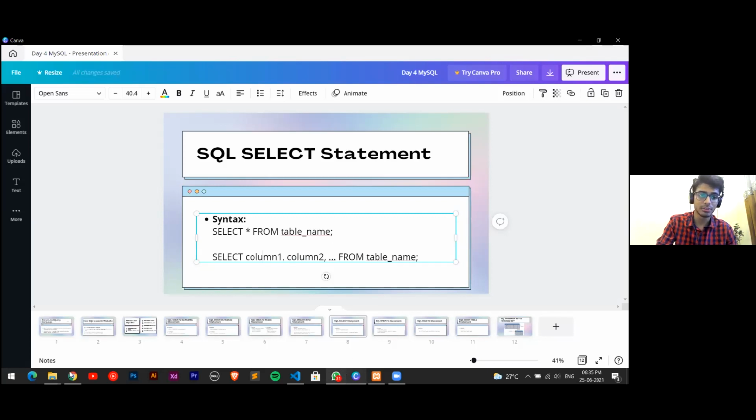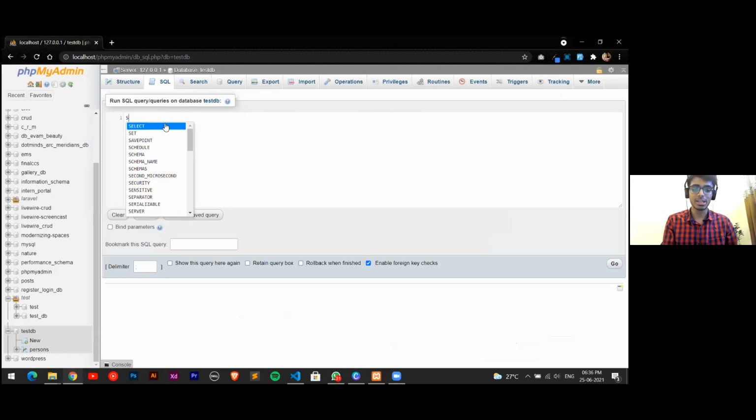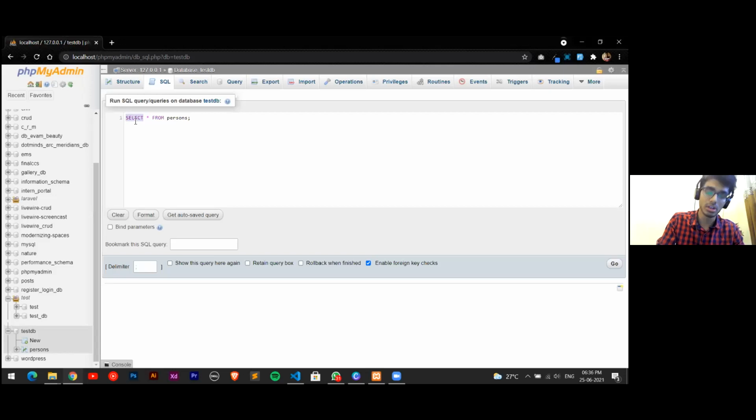Okay, so if I just go over here, write my SQL query as SELECT all FROM my table name was persons. Okay, or semicolon. So make sure you follow this convention, that is you write the query keywords in capital letters and the table names or column names in small case. There's no issue if you write this also in small case, but it's a good practice to write these so we can differentiate in the code.